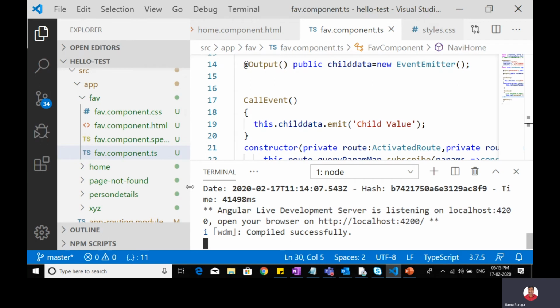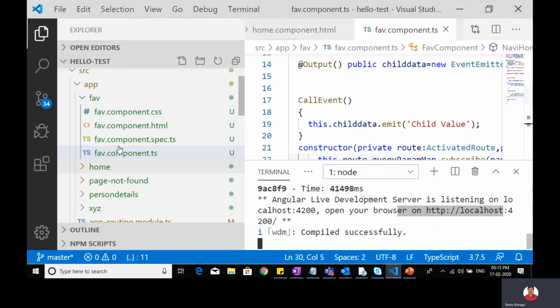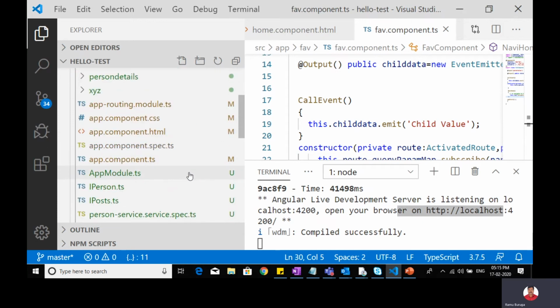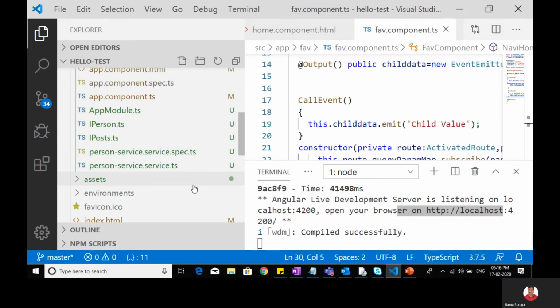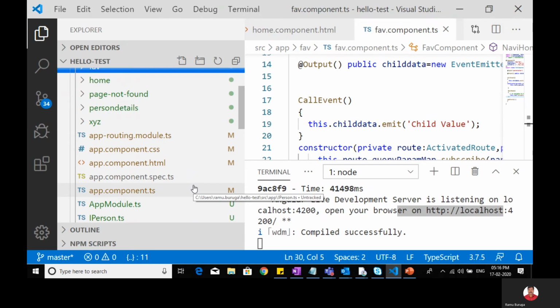Now, what are the files for routing? I'll show you. This is the solution. Here there is one file, app-routing.module.ts. This is the routing file. Here you do your configuration of the routing. There are broadly four steps.